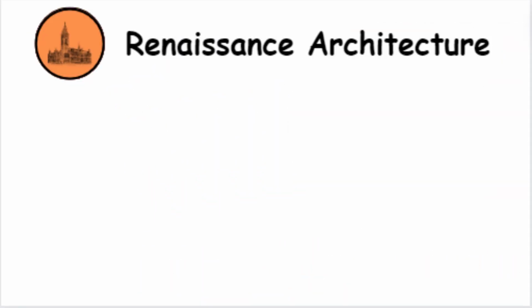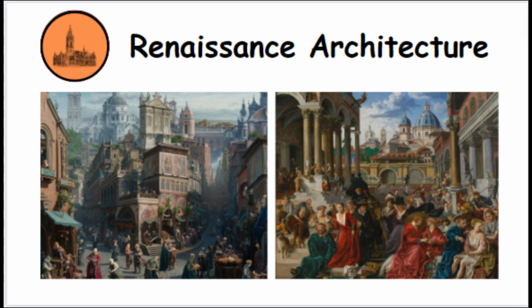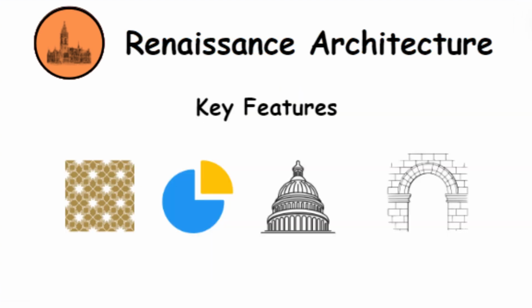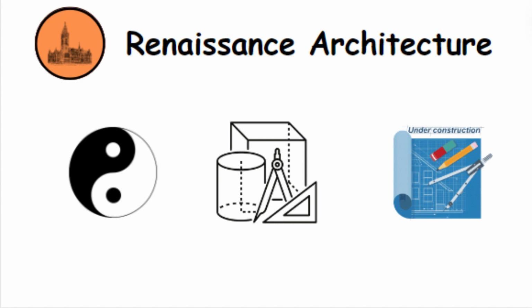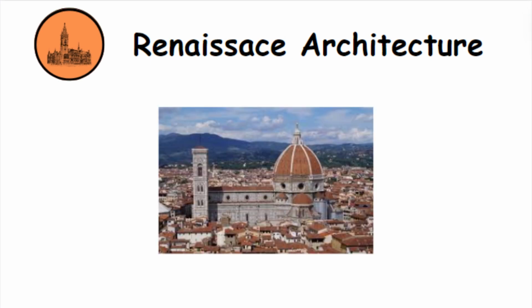Renaissance architecture. Emerging during the Renaissance period in Europe, Renaissance architecture sought to revive the classical ideals of ancient Roman and Greek architecture. Key features include symmetry, proportion, domes, and arches. Renaissance buildings often exhibit a sense of harmony and humanism, with an emphasis on mathematical precision and the integration of art and architecture. The Florence Cathedral in Florence, Italy, showcases Renaissance architecture with its dome, reflecting the revival of classical